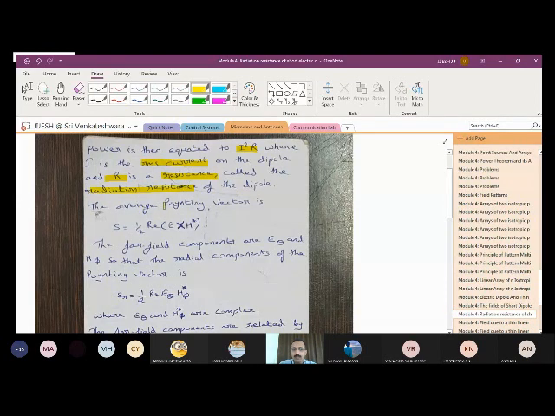So when you take the average Poynting vector, you get S is equal to 1 by 2 real part of E cross H conjugate, and the far field components we have just studied are two components, that is E theta and H phi. So we know that E theta and H phi are the far field components. So the radial component of the Poynting vector can be rewritten using half of the real part of E cross H conjugate.